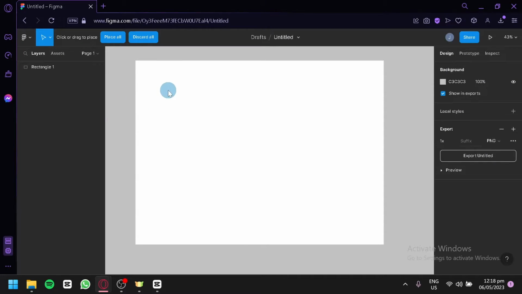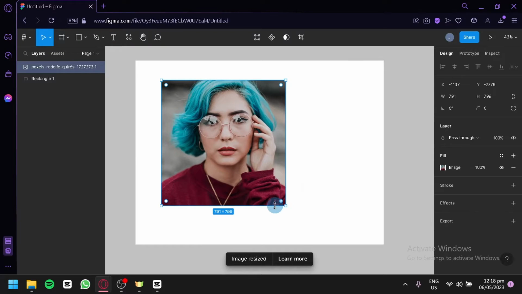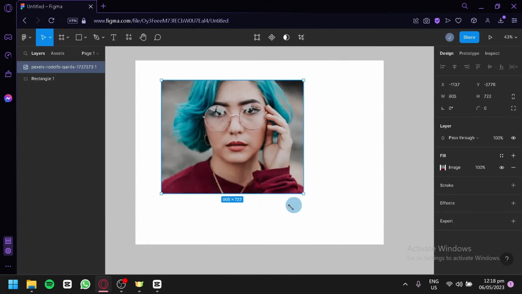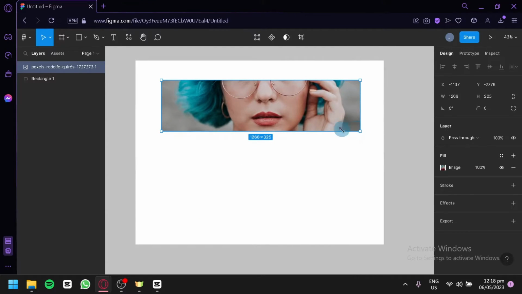You're going to wait for a few seconds, and as you can see, the image is attached to my cursor. So we're simply going to drag it into our canvas just like this. Now, as you can see, when you move this around, it's going to automatically adjust. Sometimes it's not going to show you what you would like. As you can see, for example, we would like to have this design, but we are not able to see